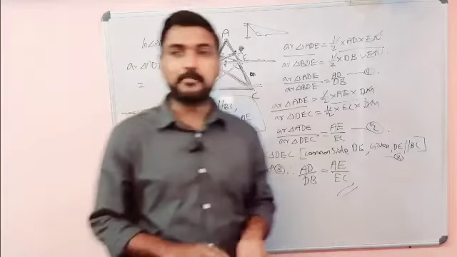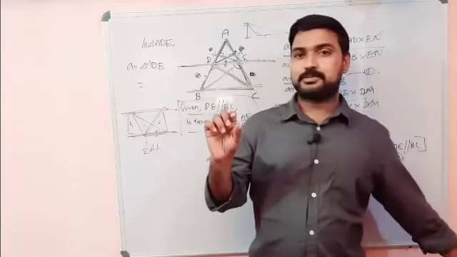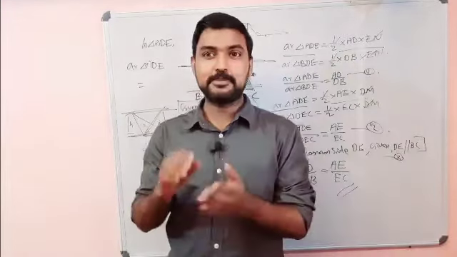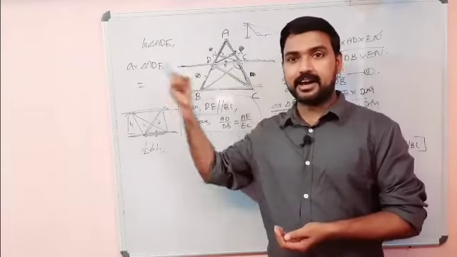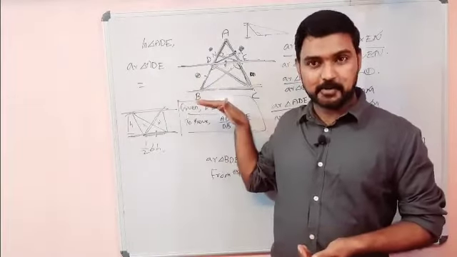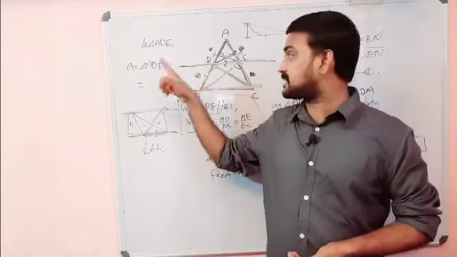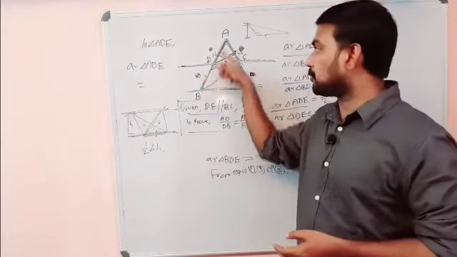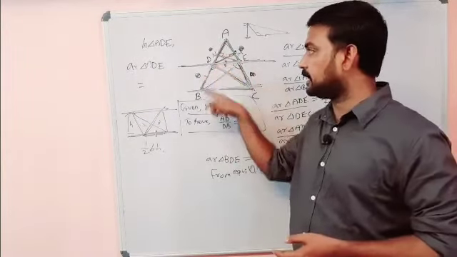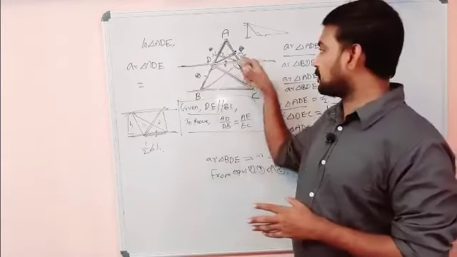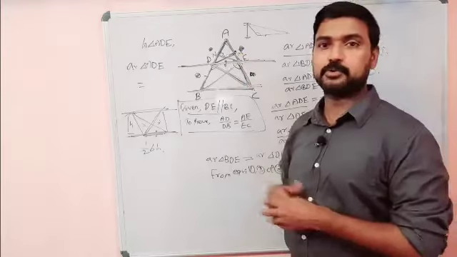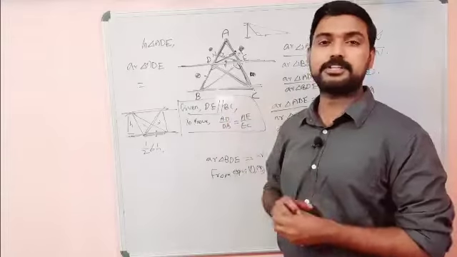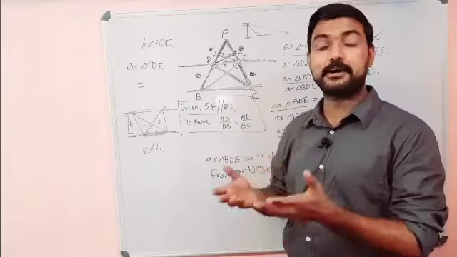It is not a difficult topic. Please listen for a few minutes. What is the theorem? When I am telling the theorem, you just create the picture. If a line is drawn parallel to one side of the triangle, the drawn line intersects the other two sides at points D and E, such that in the same ratio, the portions, what are the portions when it intersects? AD, DB are the two portions. That is equal to AE by EC, the other two portions. This is the theorem. If this line is parallel to one side, then their portion ratios are the same. Ratios are the same means they are proportional.